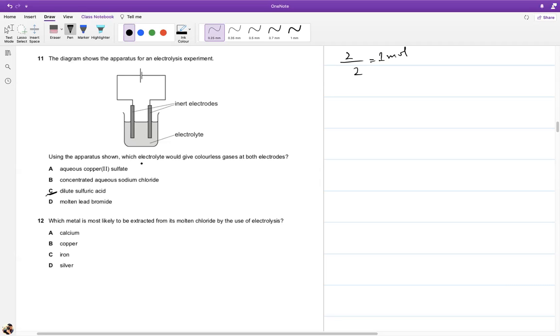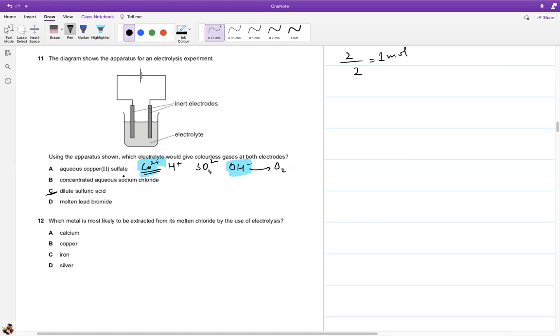If I have copper 2 sulfate aqueous, so copper ion, hydrogen ion, sulfate ion, and hydroxide ion. Copper is less reactive, it will discharge. Hydroxide is less reactive, it will discharge. So I won't get colorless gases on both. I will get oxygen on one, which I will notice. The other will give pink copper, which I will also notice. What happens to the pH in this case? H positive is increasing, OH minus is decreasing, pH will decrease. Because the more H positive you have, the lower the pH. So OH is being used up, and you're left with the H positive, so there is going to be a decrease in pH.